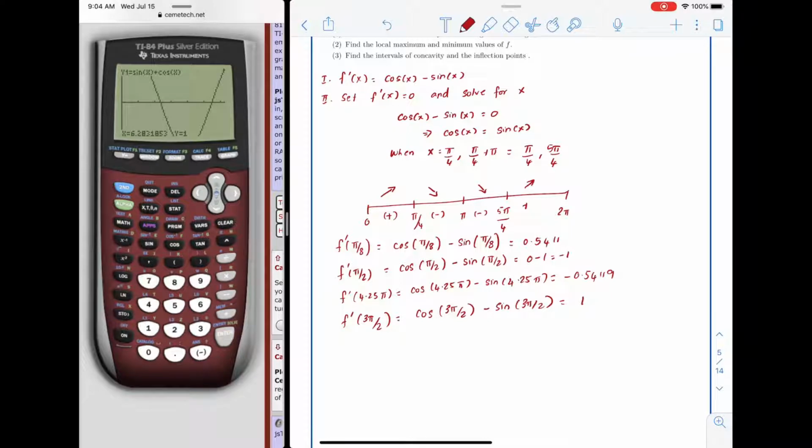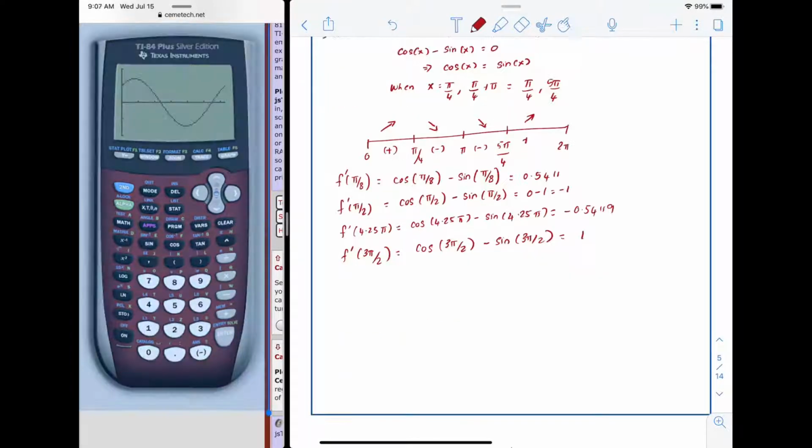And over here, it is at 6.283. So by looking at the graph, we can see that the minimum happens at 5 pi over 4, and